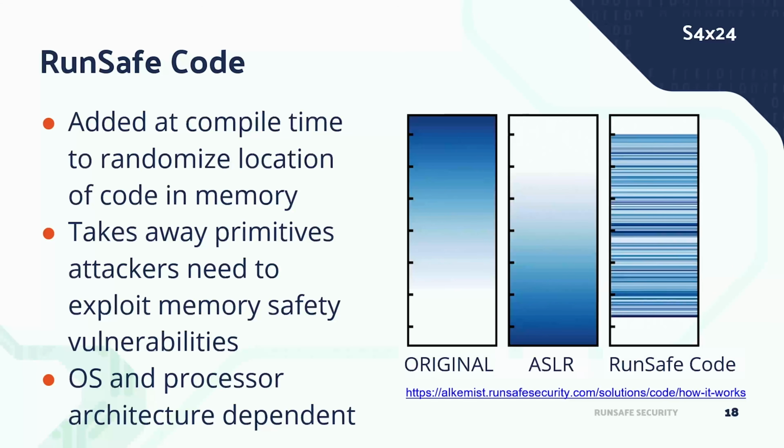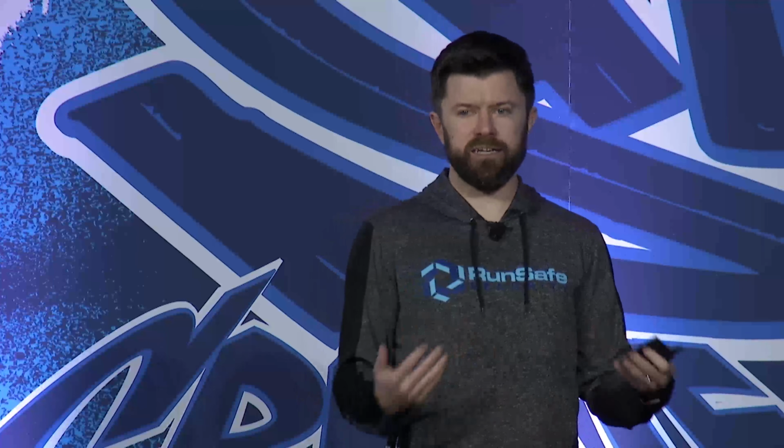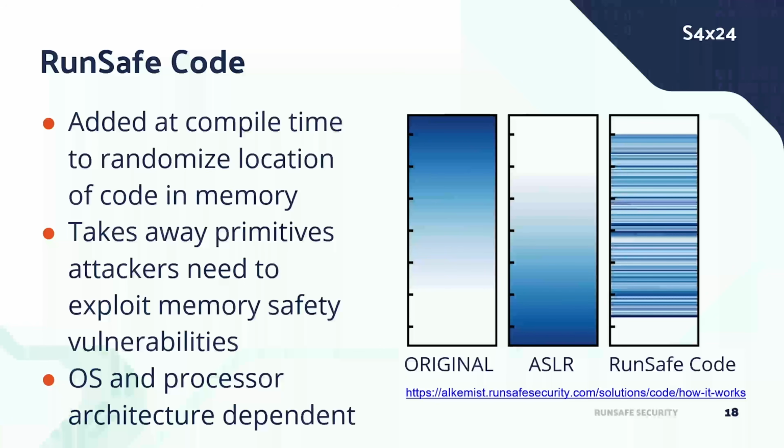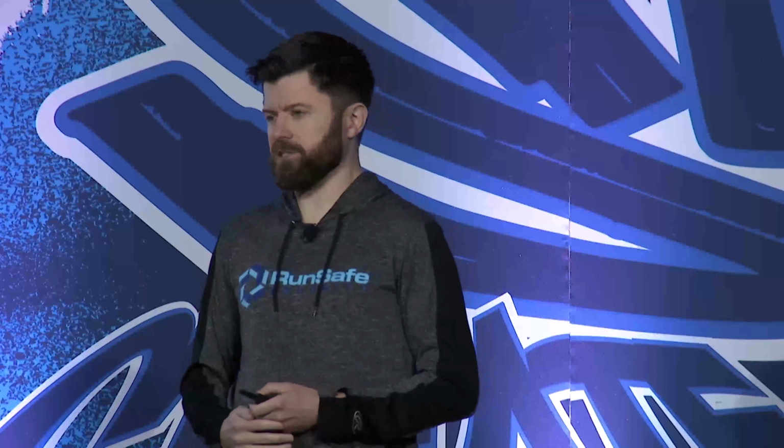It gets compiled at build time. And what we do is that when the device loads, we randomize where the code is in memory inside of the already allocated space. So instead of looking for vulnerabilities everywhere, we're taking away the primitives that attackers need to carry out their ROP and JOP type attacks against these embedded devices. But we are OS and processor architecture dependent. So unlike the Red Balloon solution or the Sternum solution that's a little bit more OS agnostic, we do have to care about the operating system and the processor.